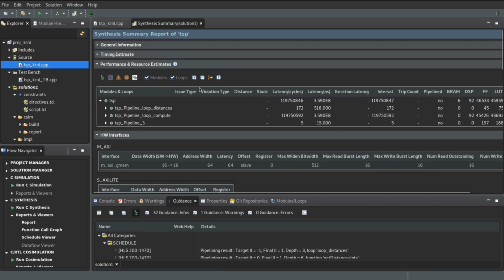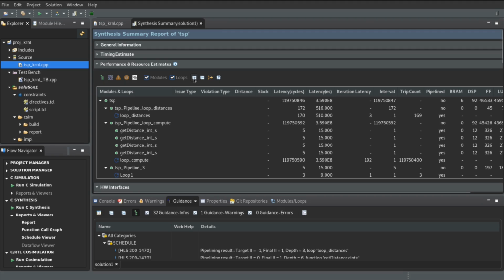Then back to the performance and resource estimate section, we access important information that tells us about the throughput and performance metrics for functions and loops, as well as resource estimates. We can see the latency and the initiation interval. If a loop or a function could not meet the II or timing requirement, it would be flagged here. You can click on the expand button with the plus sign over here and see the details for these design